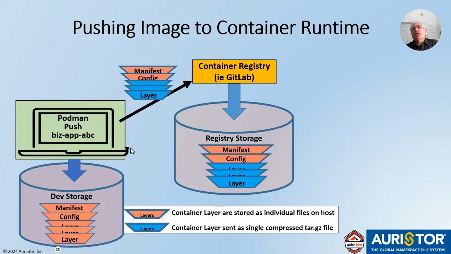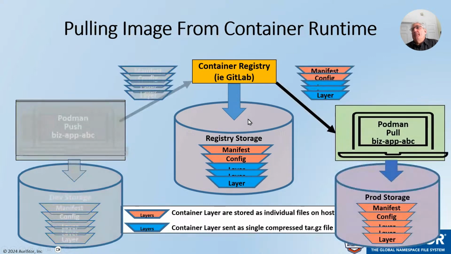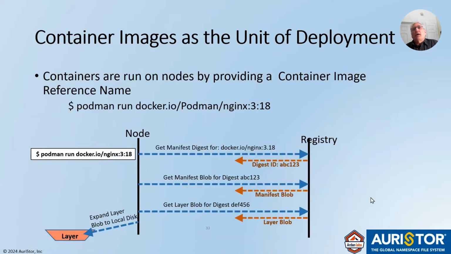When you say push, it compresses the files, sends up a manifest describing them, and puts them onto your container registry where it stores them locally. When you say pull, it grabs them down one at a time, grabs the layers and unpacks them into directories. And again, I'm saying Podman, but it could be Docker run. The first thing that it does is it goes to the registry and says, hey,